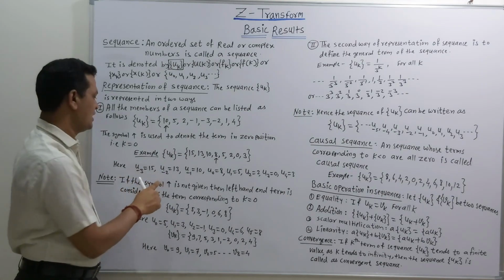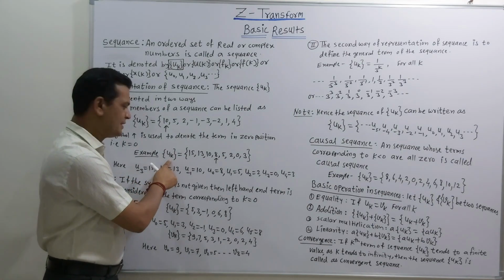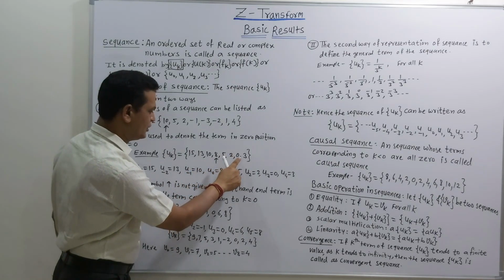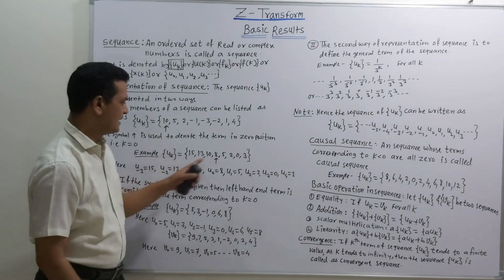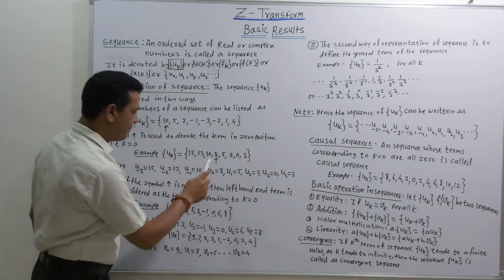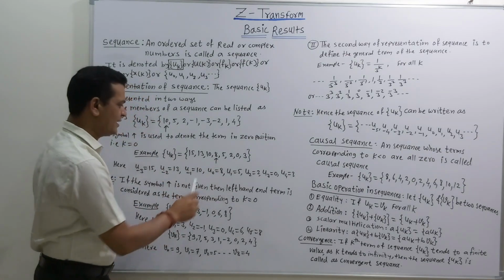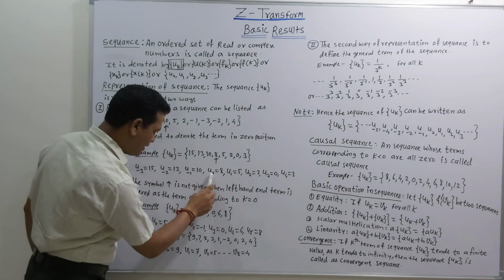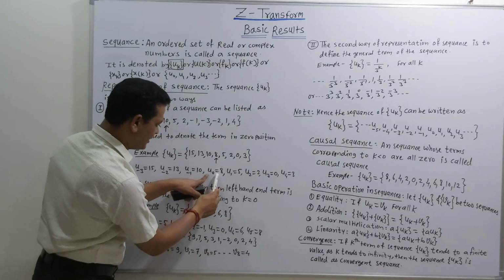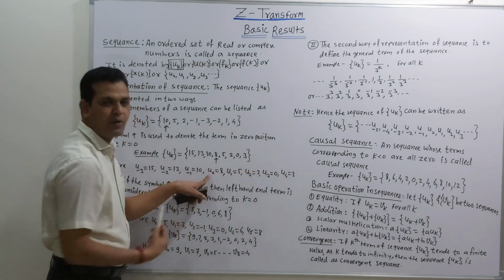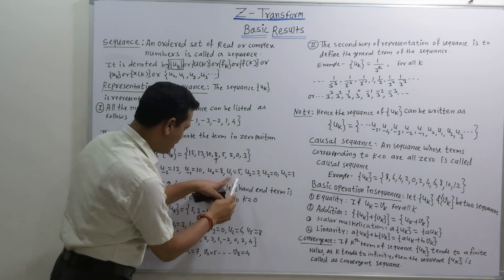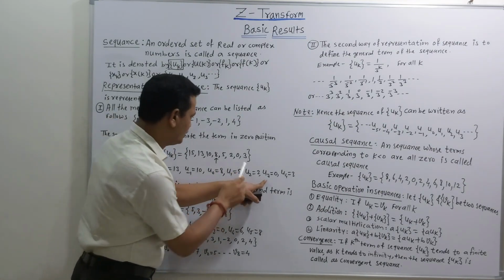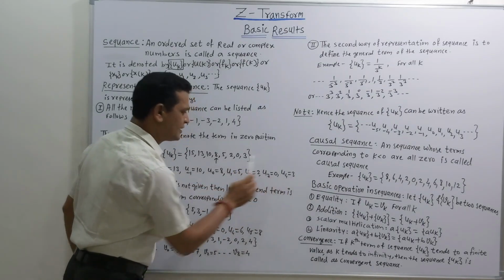Now for understanding purpose, here is an example. Sequence U_k is given as 15, 13, 10, 8, 5, 2, 0 and 3, represented in curly bracket. Below it, the arrow symbol is there, which means this is the zeroth position of this sequence. So we can denote this by U0 equal to 8. The right hand side has all positive terms, so we can write U1 equal to 5, then U2 equal to 2, then U3 equal to 0 and U4 equal to 3.